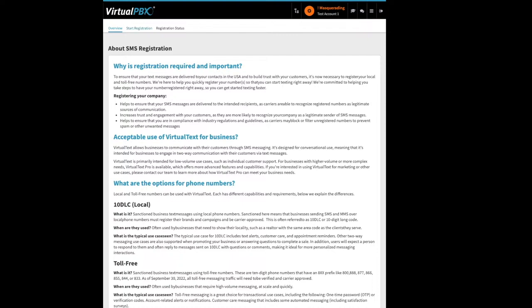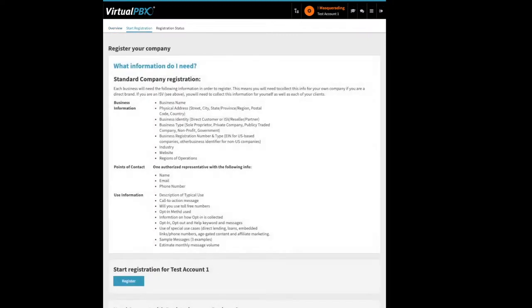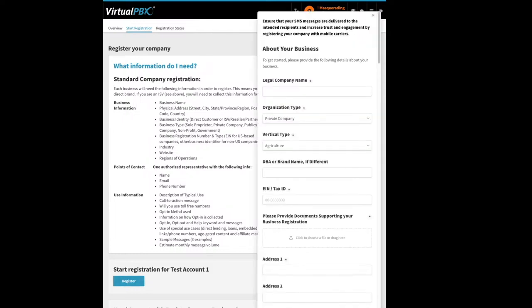When you're ready to complete your registration, you'll click on Start Registration, which will give you another checklist of the information that we'll require. And then go ahead and click on Register. Once you click on Register, the form will populate right here, and then you'll be able to start completing information